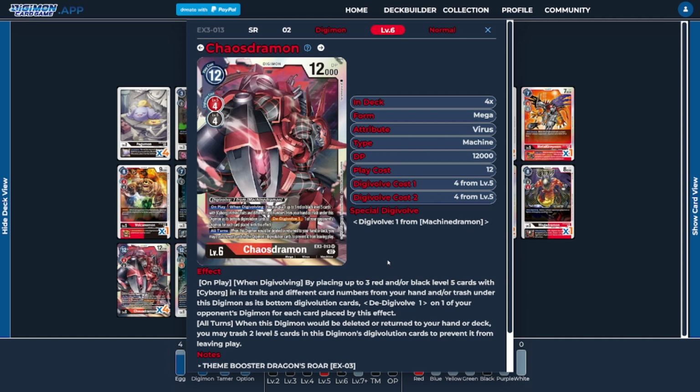So this brand new version of Chaosdramon can Digivolve for 1 on top of a Machinedramon if we really need to, or we could just Digivolve him normally on top of a red or black level 5 for 4, adding alternative ways to play this card. Then, what's adding extra playability to the card is the fact that he has an on-play or when Digivolving ability, so if we really need to hard play him, we can, but most of the time, ideally, we want to